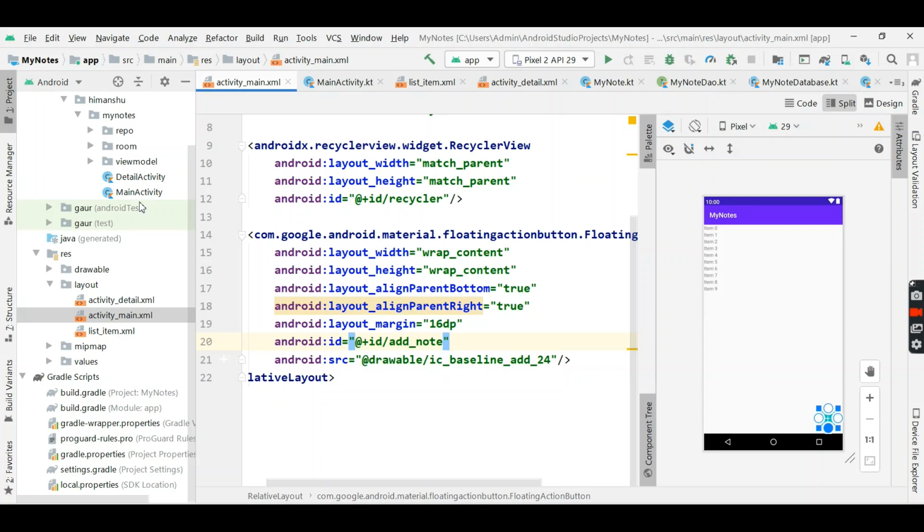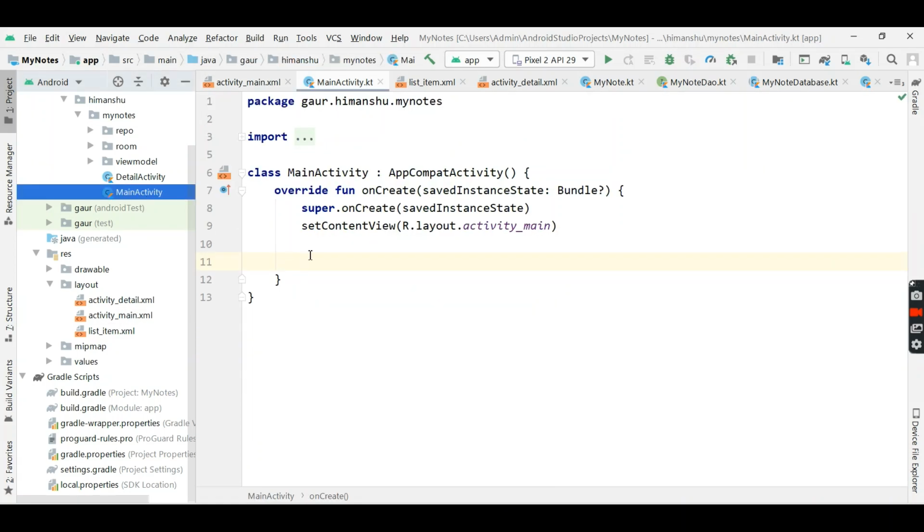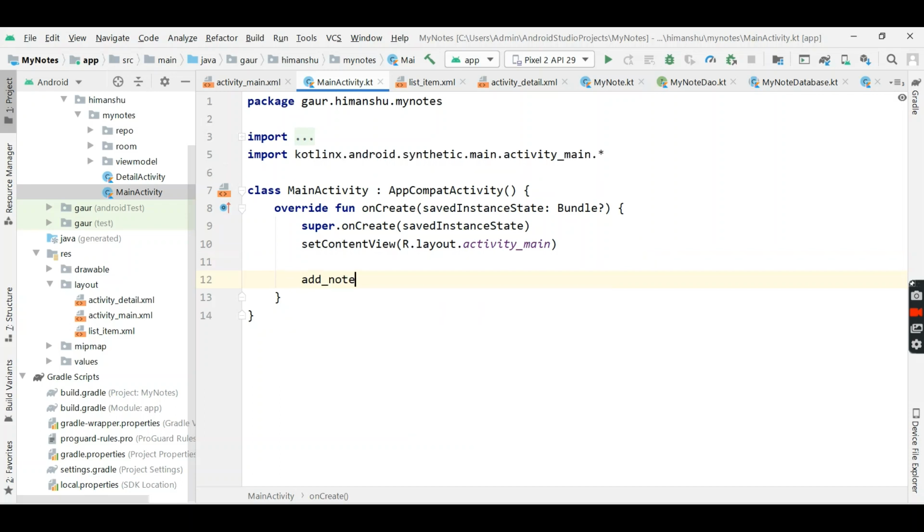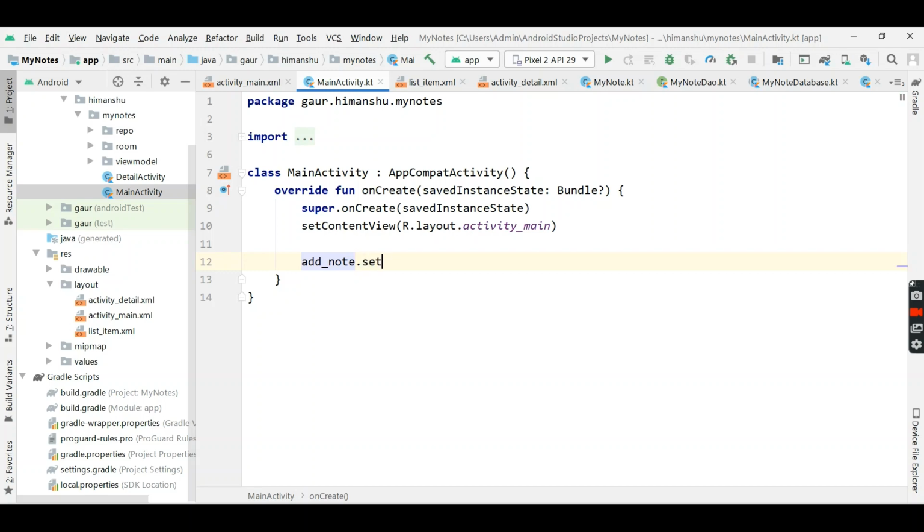So in order to achieve this, first we find our floating action button. So our floating action button name, or you can say ID is add, just wait for a minute, add node. Okay, so set on click listener.